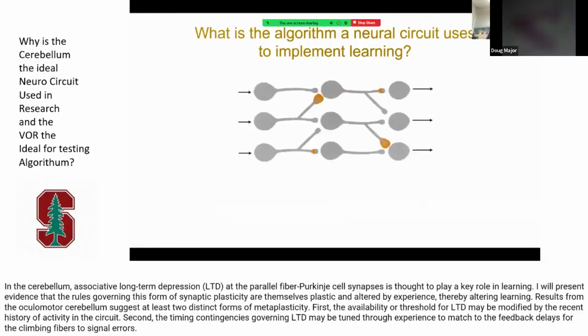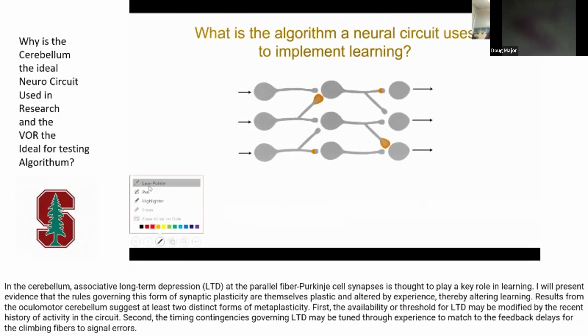And that's this question of what is the algorithm a neural circuit uses to implement learning? What are the rules that determine which synapses change in response to a given experience? And what is the logic that determines if you need to change your output to an input? When do you tweak this synapse versus that synapse? And I'd argue that there's no circuit in the mammalian brain for which we really understand learning at this algorithmic